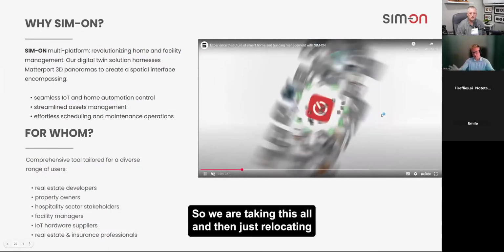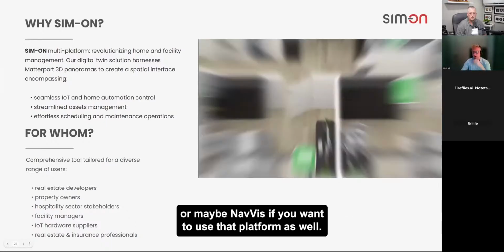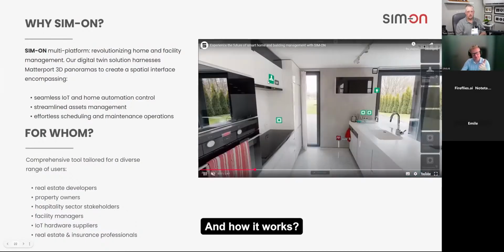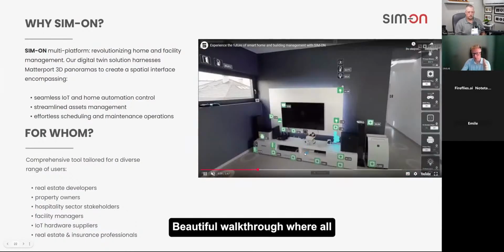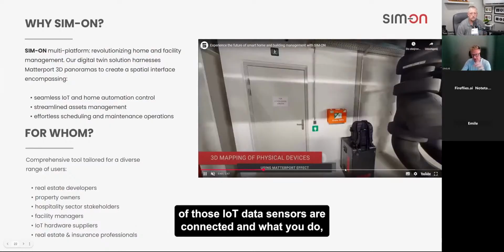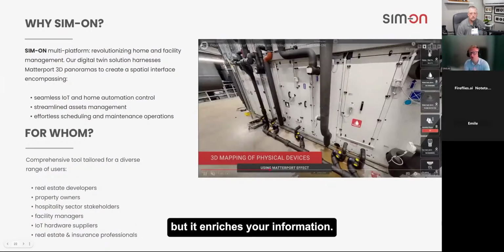So we take all this and then relocate it to your Dollhouse view, your Matterport view, or maybe Navis if you want to use that platform as well. And it's a beautiful walkthrough where all of those IoT data and sensors are connected. What you do is just drag and drop them to the place, and it enriches your information.